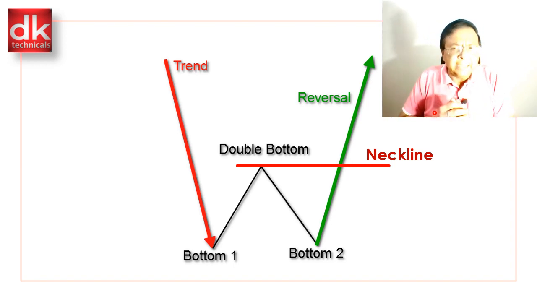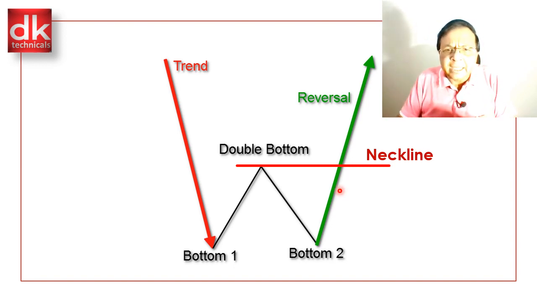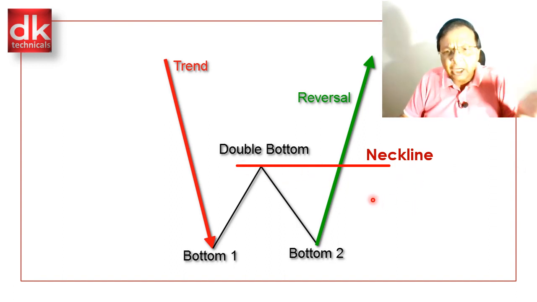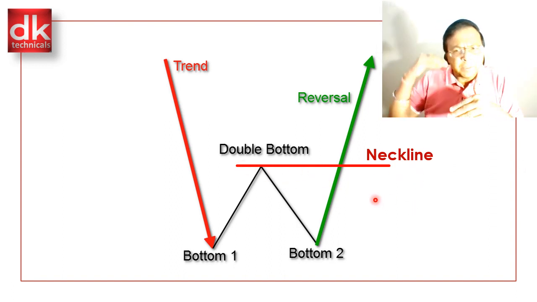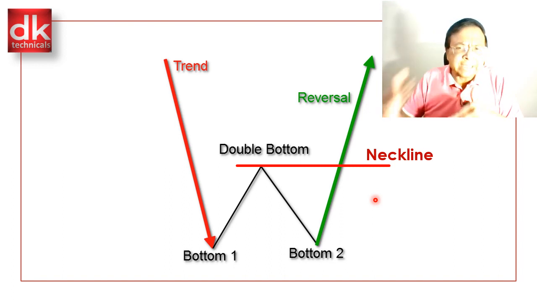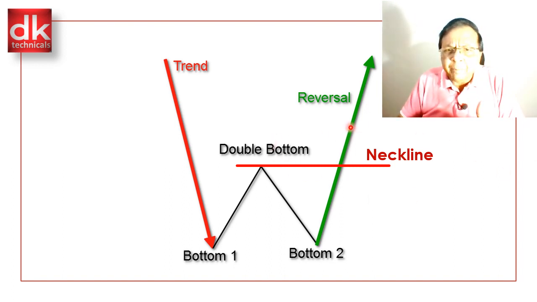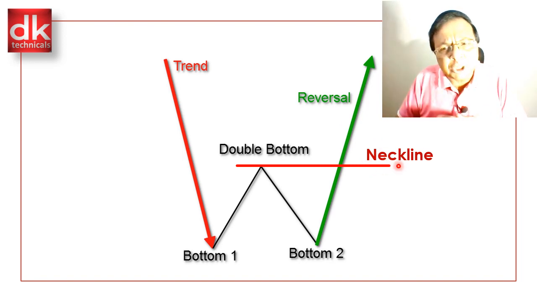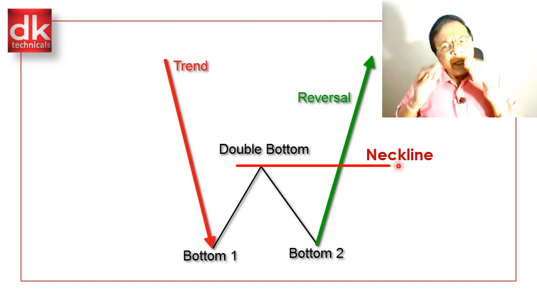However, the neckline was nothing but a resistance line which is taken out by price action because the buyers were dominating over sellers. So the majority of the time there will be a tendency that when the price breaks out, price reverses to test the neckline, and then again the price reverses, bounces back from the neckline, giving indication that the neckline is now acting as a support,